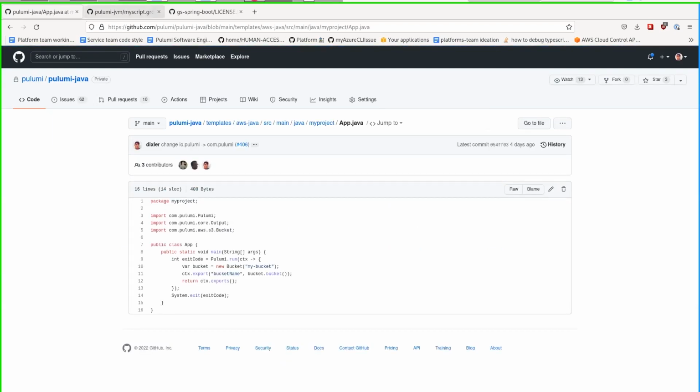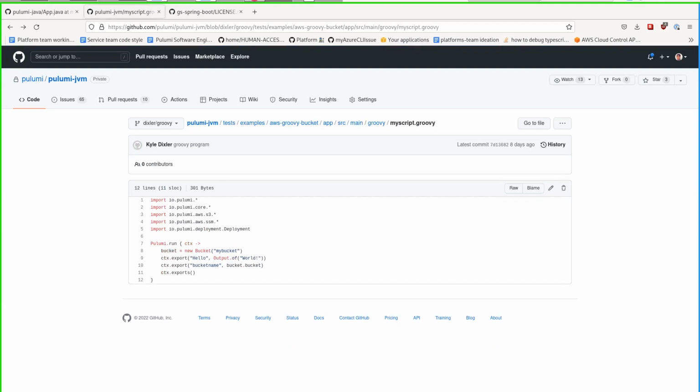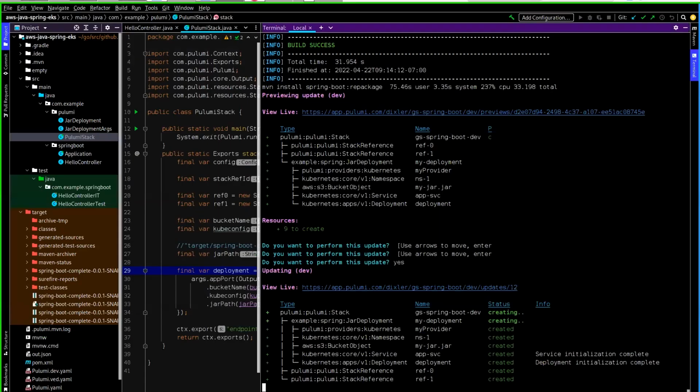Another cool example I have is running a Groovy program, or a Groovy Pulumi program, because like Kat mentioned, we do support the JVM. So, a lot of people might have a little bit of fun seeing what they can run on there.